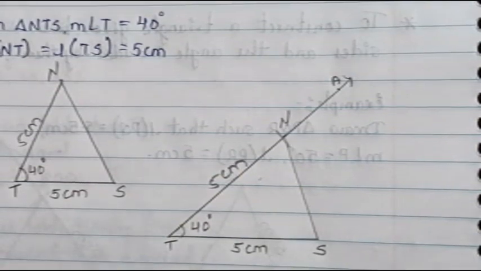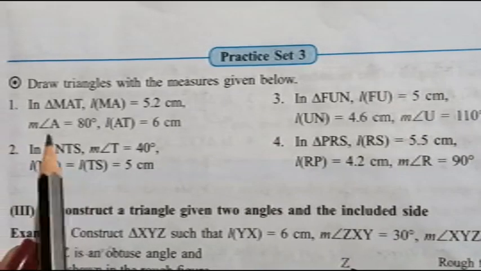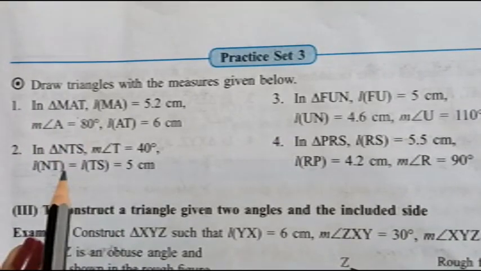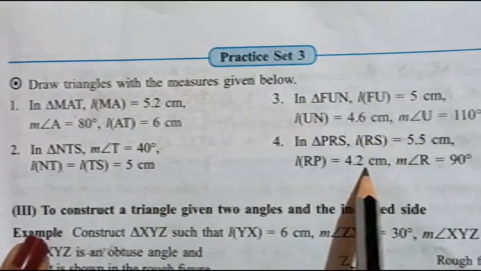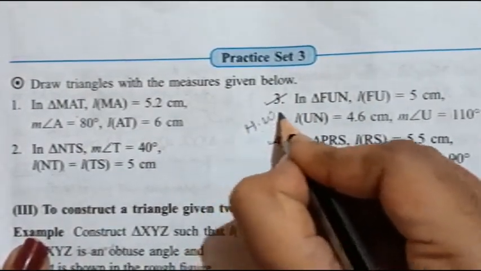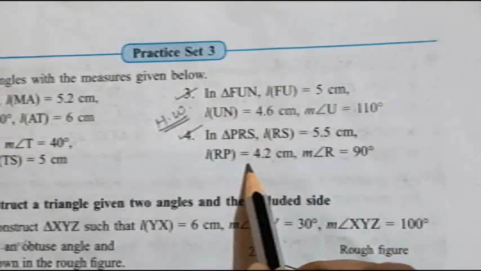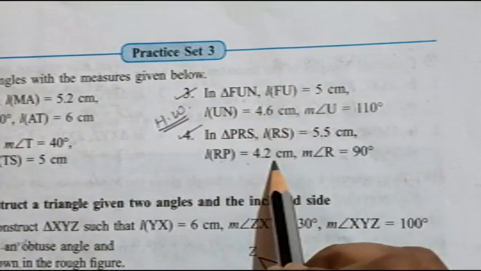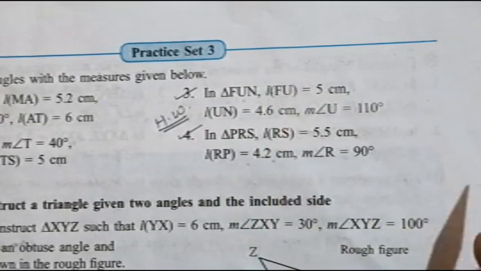Okay. Now students, this is your practice set number 3 on page number 5. In this I have explained your question number 1 and question number 2. Now question number 3 and question number 4 you are supposed to solve as your homework. Is that clear everybody? So question number 3 and question number 4 are homework for you all. These 2 questions you are supposed to solve on your own. If you all are having any doubt, you all can ask me.